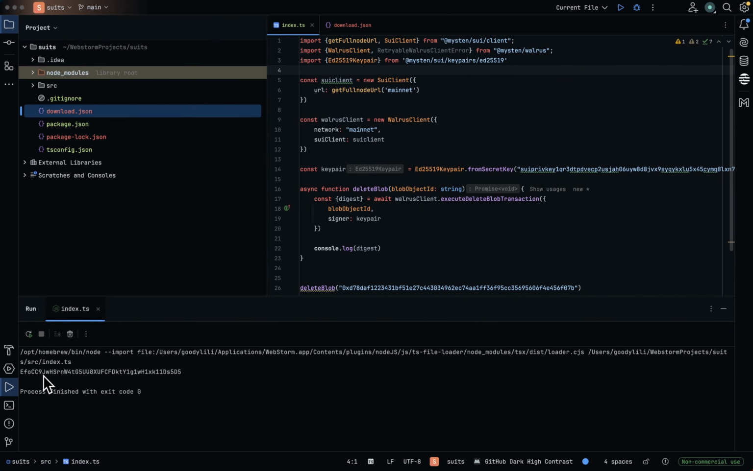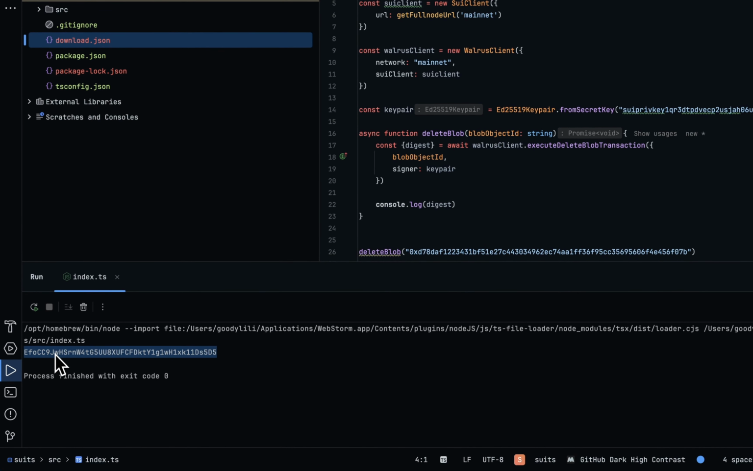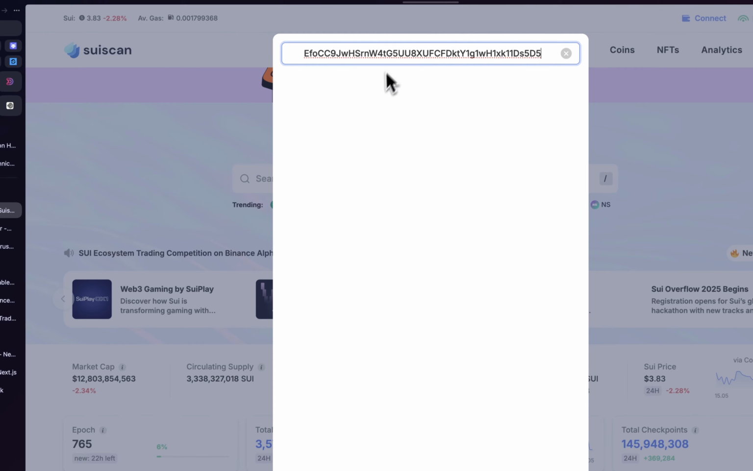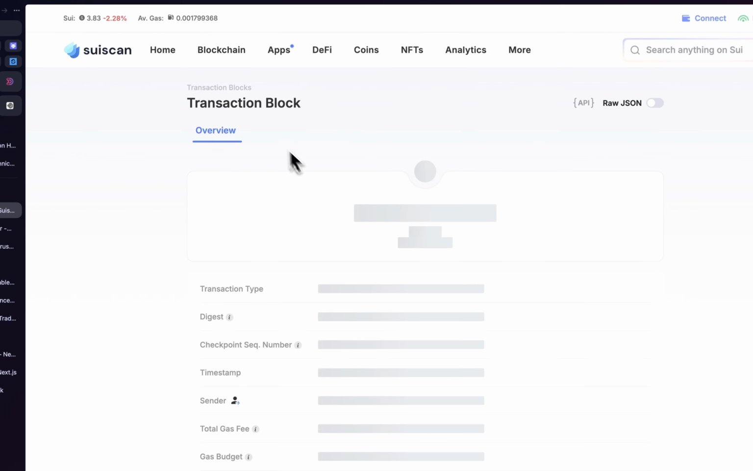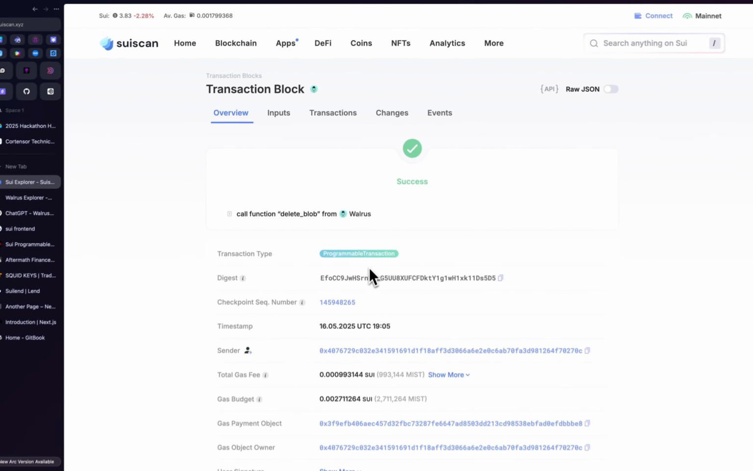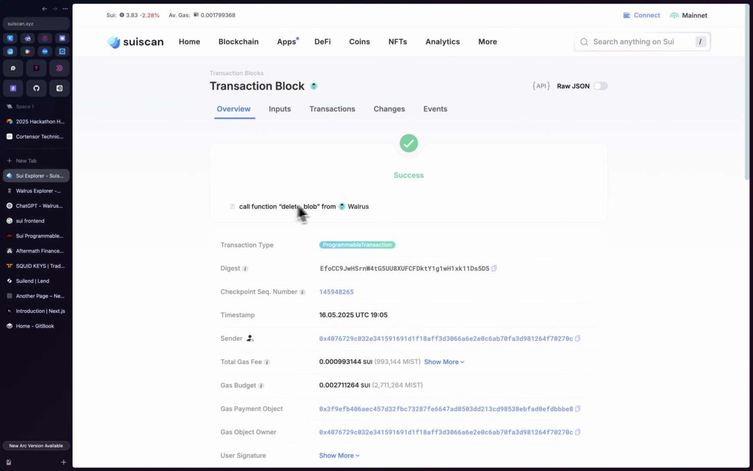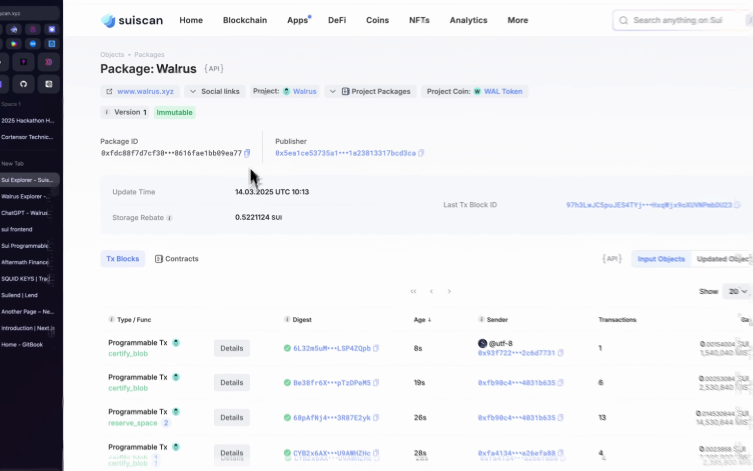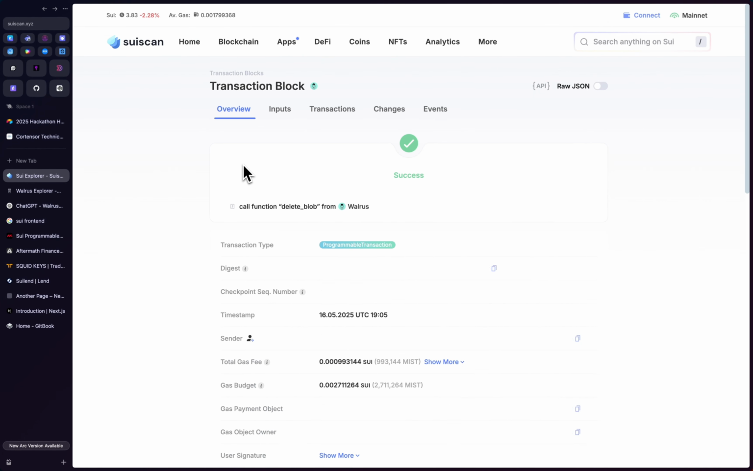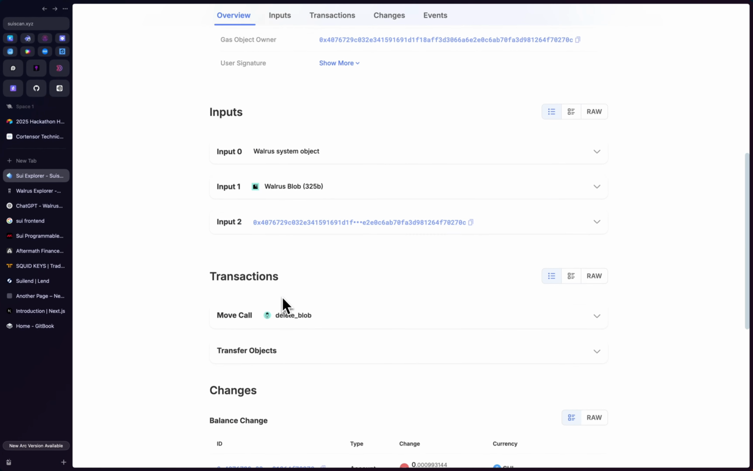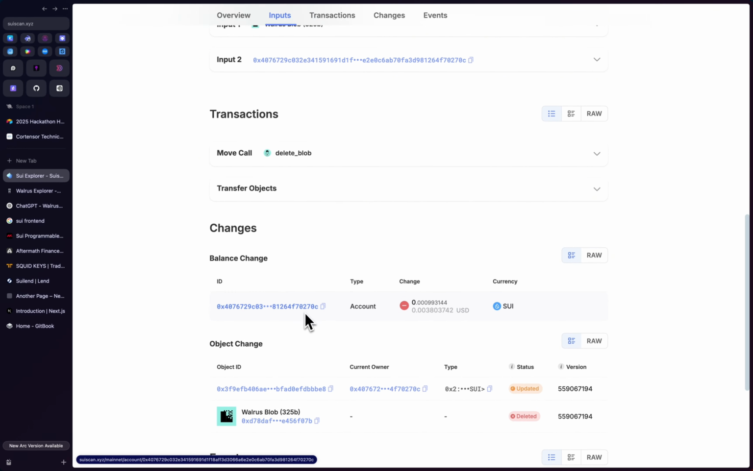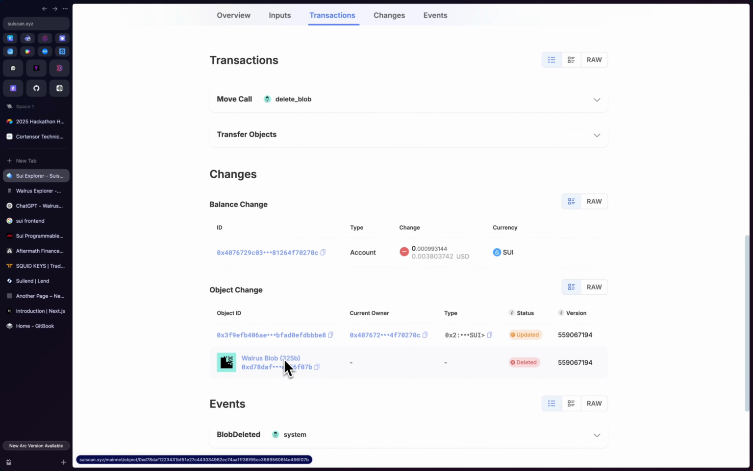So as you can see here, we have the digest, right? I'm just going to copy this. So now I'm on Suiscan, I'm just going to search for that digest. And as you can see here, we can find the transaction. We can see that it was a delete blob transaction, and it was Walrus. So there's that, and now we can easily see everything that happened. So scrolling down, we can see the account that called it, which is the account that we used, and we can see the blob here. So yeah,